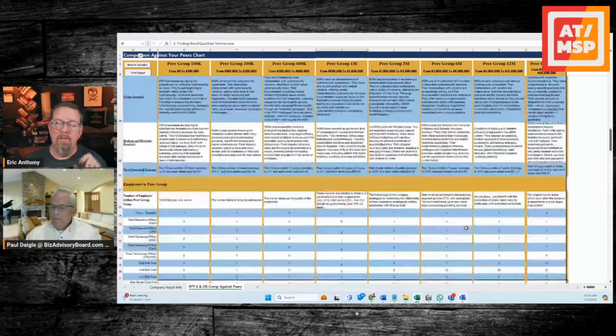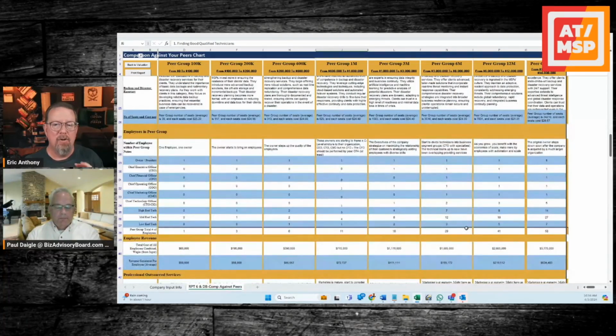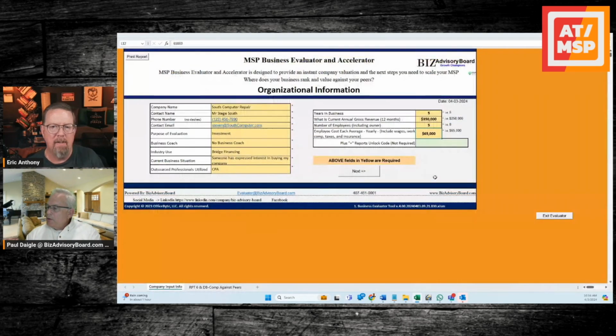Awesome. Well, I know we have spent a lot of time on this. Is there any other part of the tool that you'd want to show us before we wrap up here? Real quick,